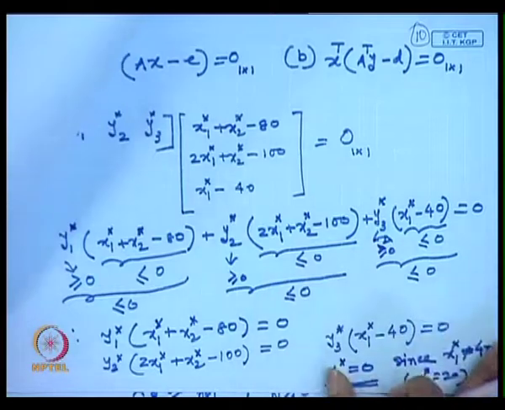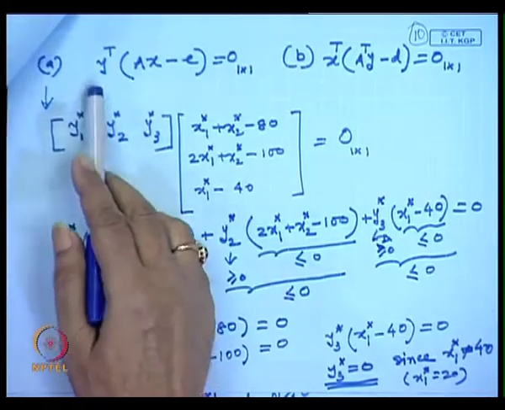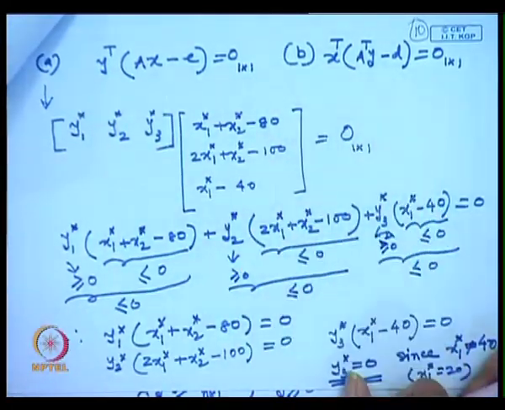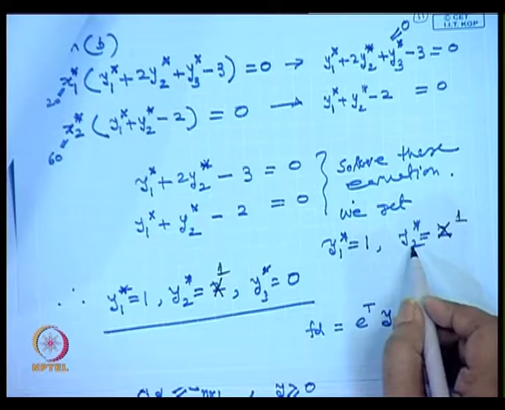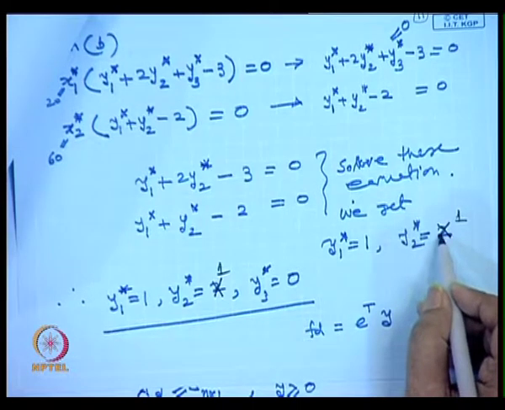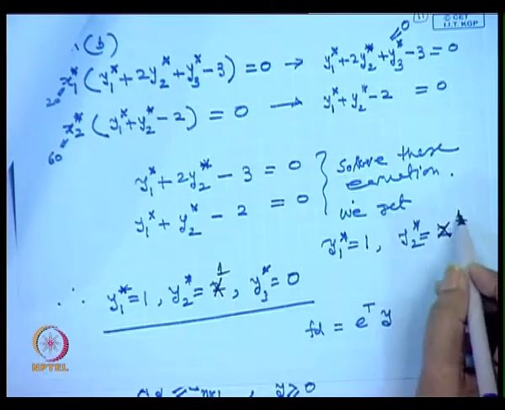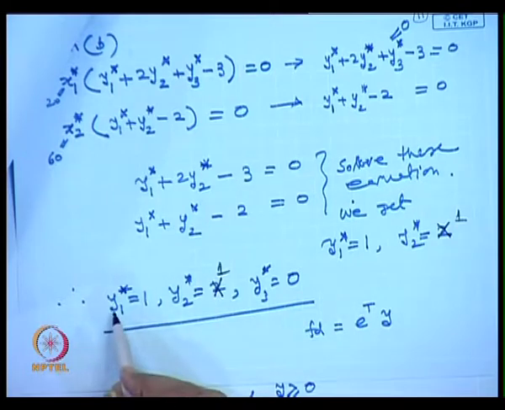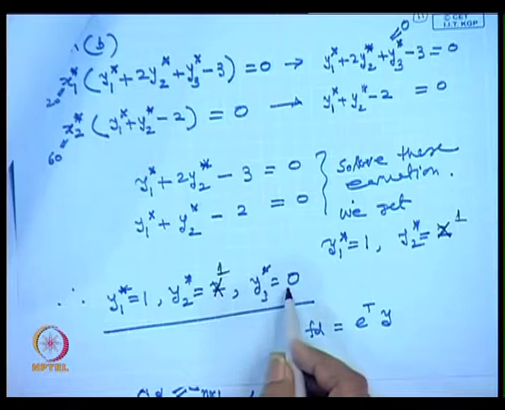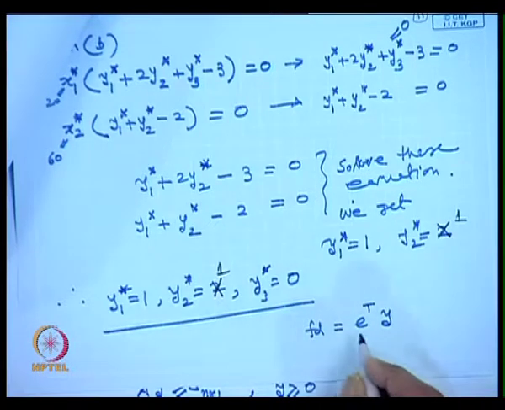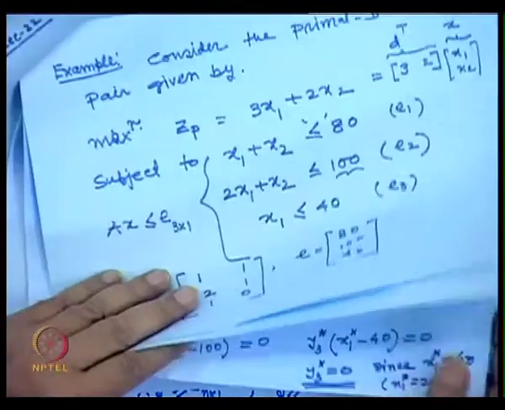And using equations A and B, we ultimately solved and got these values. Our solution is y1 star is 1, y2 star is 1 and y3 star is 0. So, if you find the objective function value in the dual problem, if you see the expression for that,